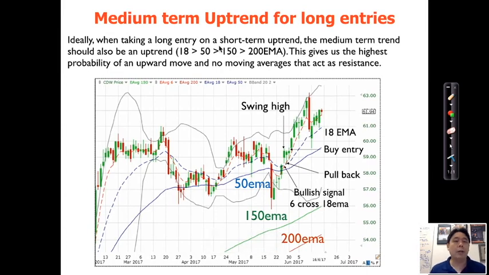Now, as I mentioned earlier on, ideally when taking a long entry on a short-term uptrend, we also want the medium-term trend to be on an uptrend. Now, this is not a must, it's a nice to have. So I've got a few trades to look for, I'll choose this one. This gives us the highest probability of an upward move and no moving averages act as resistance, okay? So in this case, you can see